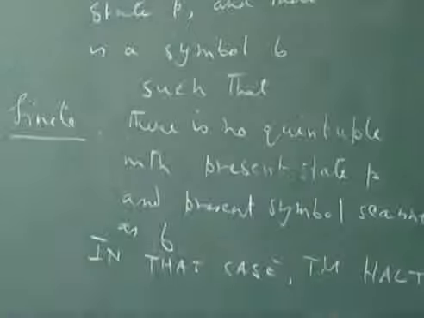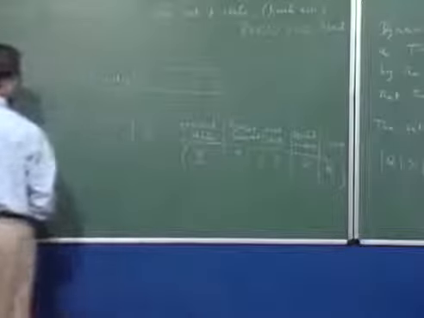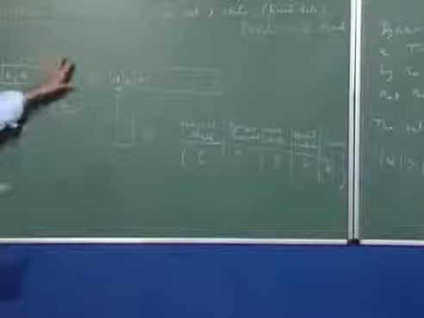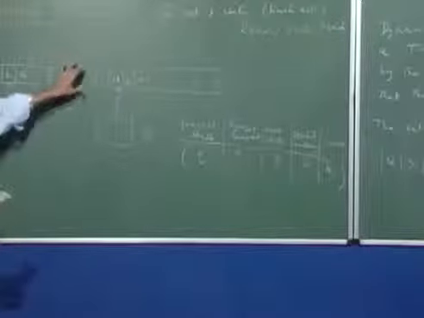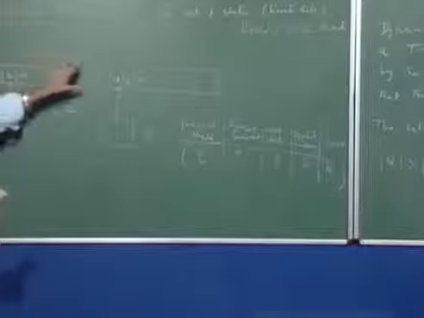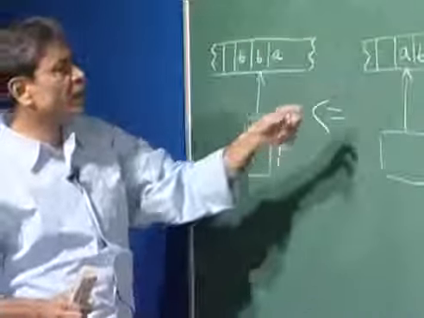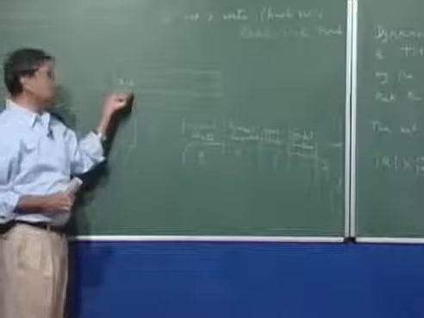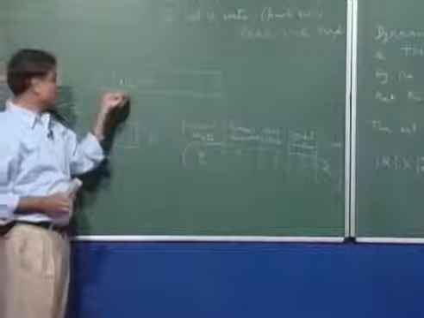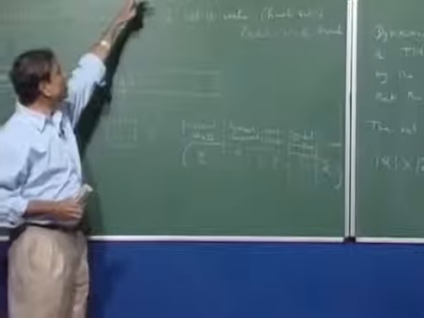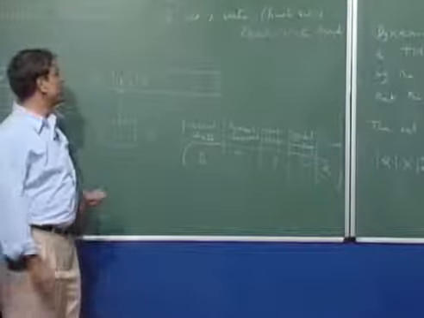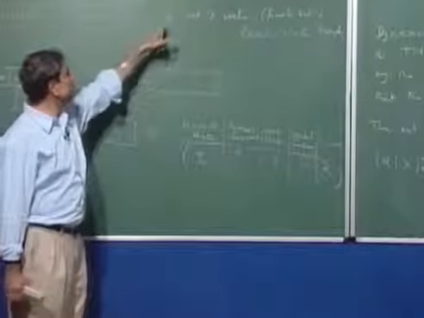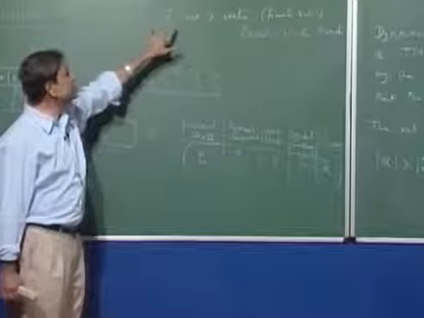Let us once more recapitulate whatever we are saying. Very briefly, a Turing machine will have a two-way infinite tape, the tape going to infinity in both directions. The tape is divided in cells. Each cell can contain one symbol from a finite alphabet sigma. The machine can be at any given time in one particular state of a finite set of states which we